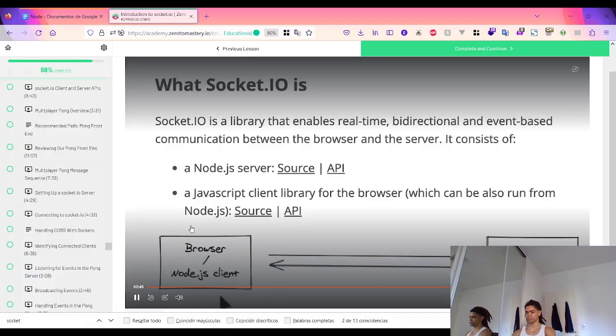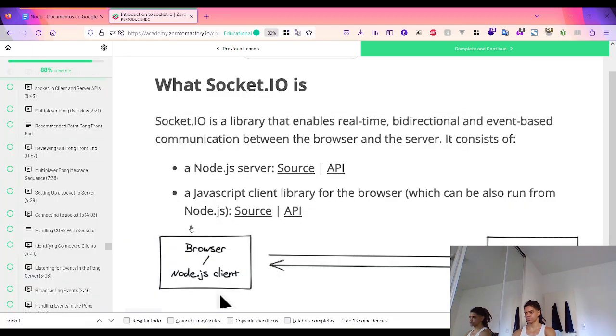And if the client is one of the less than 3% of browsers that don't support WebSockets, Socket.io